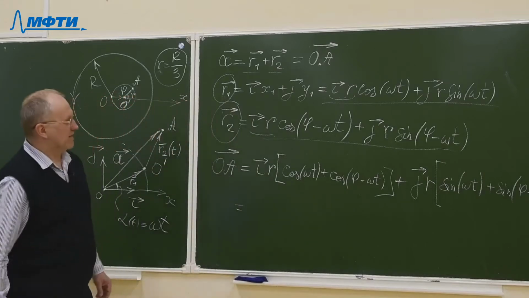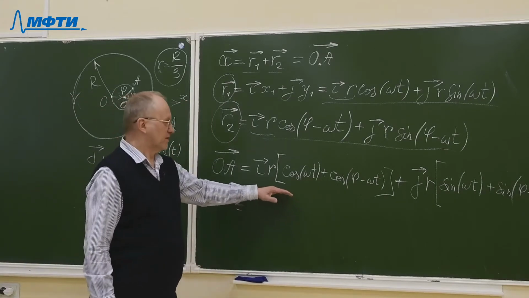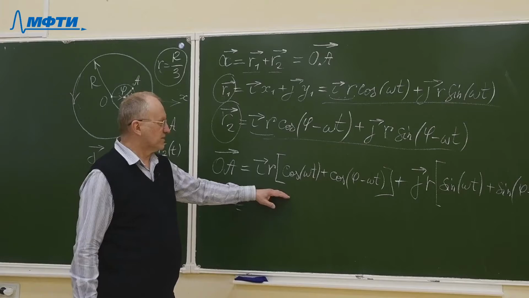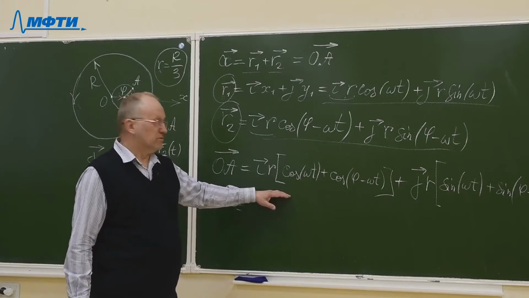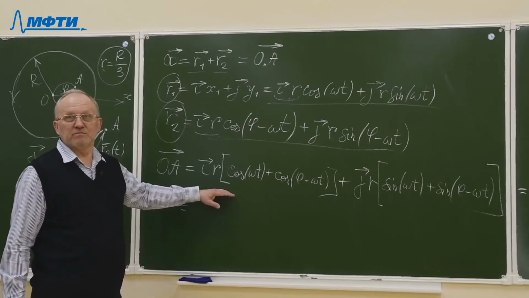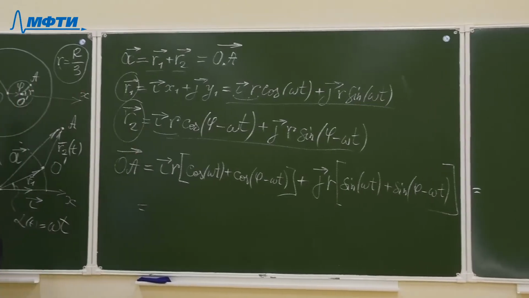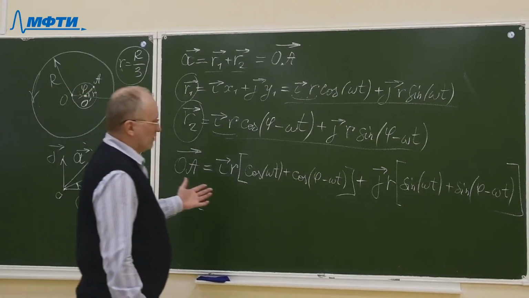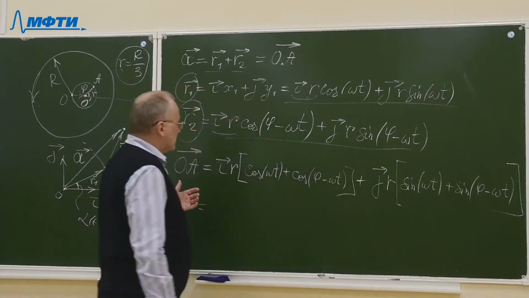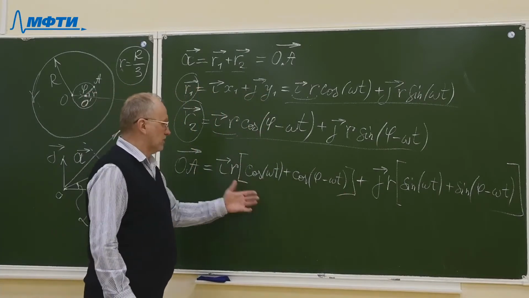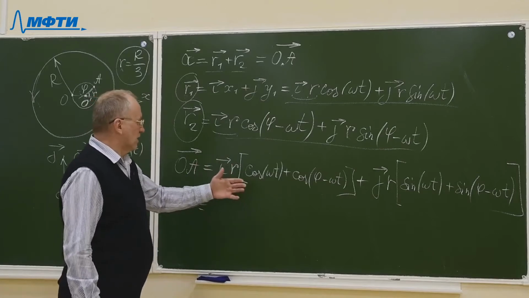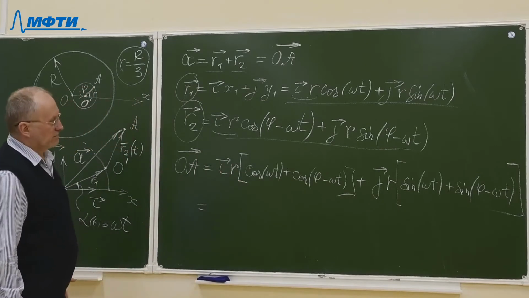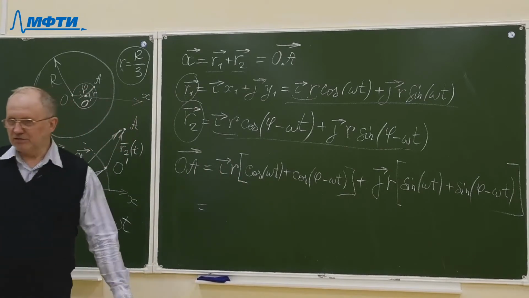Some students were clever enough to obtain this formula, but they were unable to do the next step in order to determine the trajectory, to draw the trajectory. You need to simplify this formula somehow. You need to simplify it in order to draw, in order to understand what the trajectory is. You have to simplify it. And in order to simplify